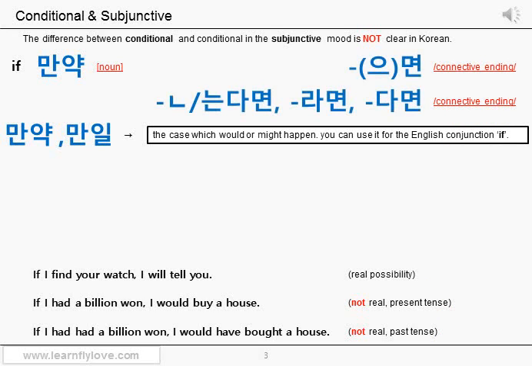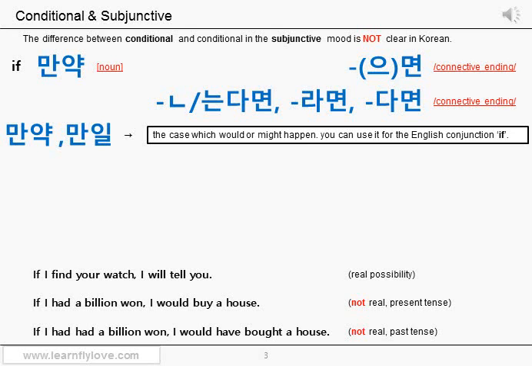There are two endings. The first one is 으면 or 면. When there is a final consonant in the formal block, you use 으면. And when there isn't, you use 면. You don't need this explanation anymore, right? The second one is 는다면, 라면, and 다면. A little bit more complicated, isn't it? Let's learn about the exact usage later again. You cannot omit this ending when you make a conditional sentence. So now you can see how important this ending thing is in Korean.